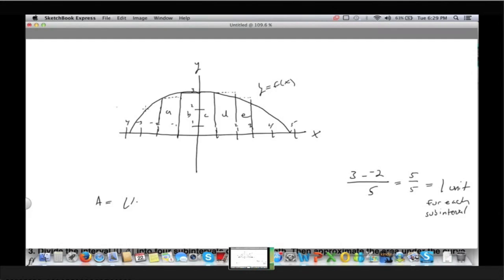Alright, so 1 times 1 is 1. 1 times, oh no, that's not right. Okay, -2. 1 times -2 is -2. Plus 1 times -1 plus 1 times